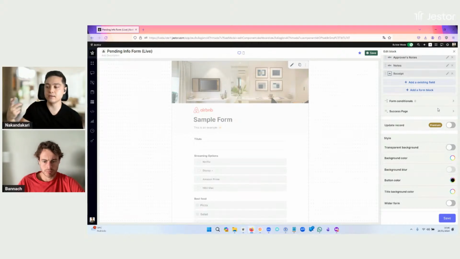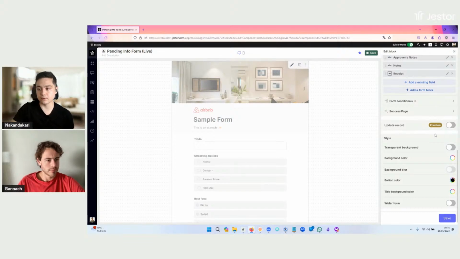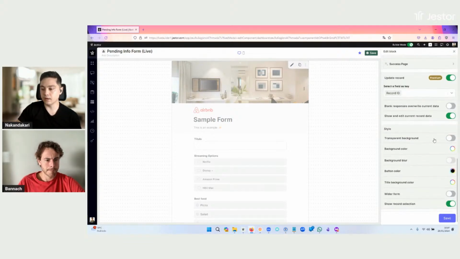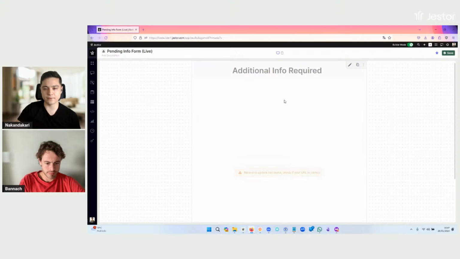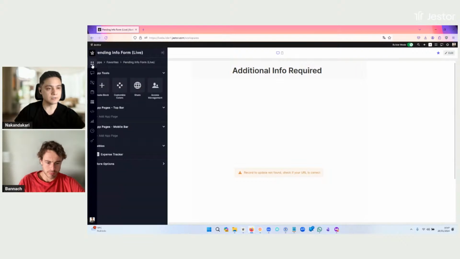I'm not creating a new expense. This is a form used to update an existing expense record. So I'm going to click on update record. There you go. And I'm also going to disable record selection because I don't want people to be using this form directly. So they won't have the option to just select the record that they want to update. So let's go back to